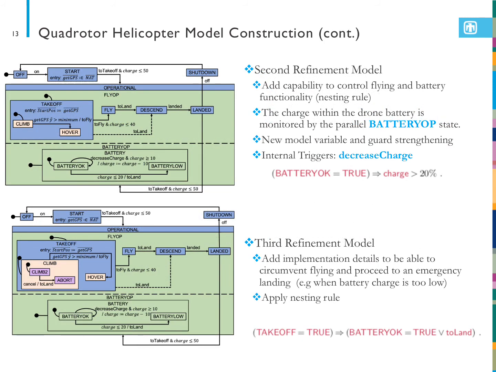The second refinement level of the drone introduces a parallel state to capture the functionality related to the battery. Here we have a battery OK state that monitors that the battery is above a certain threshold. Whenever the battery hits the desired threshold, we migrate to a battery low state and we fire a to land trigger to initiate a landing